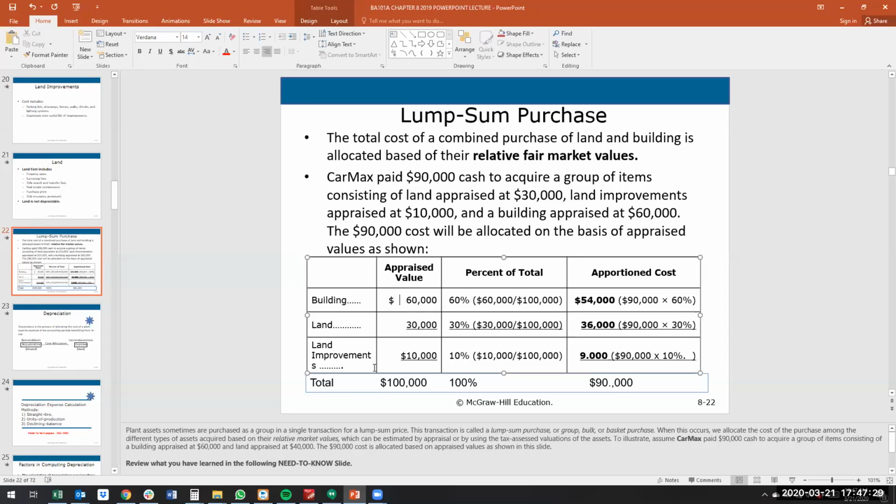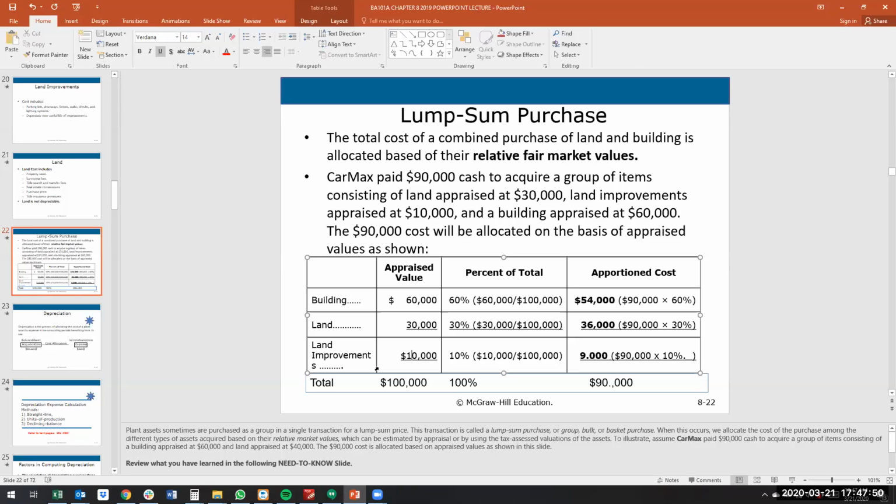So we paid $90,000. Well, we have to allocate the value of the bundle purchase to each of the assets: the building, the land, and the land improvements. Each of these assets is going to be disclosed separately on the financial statements. It's all going to be in plant, property, and equipment, but then there'll be a disclosure stating what's in that